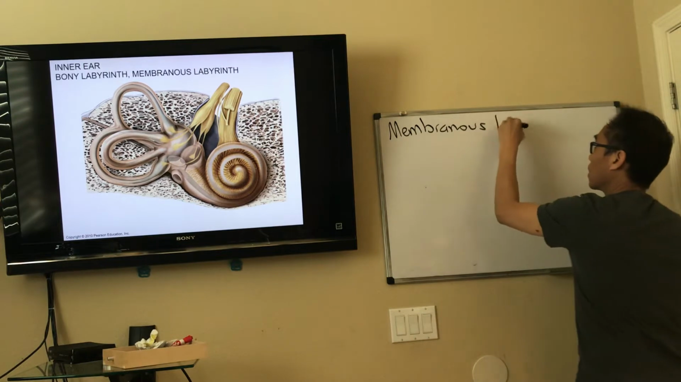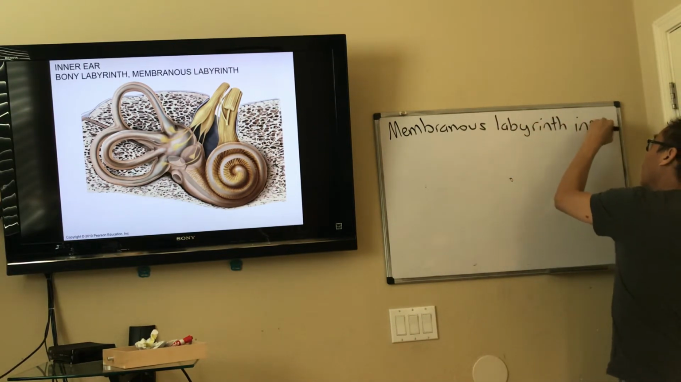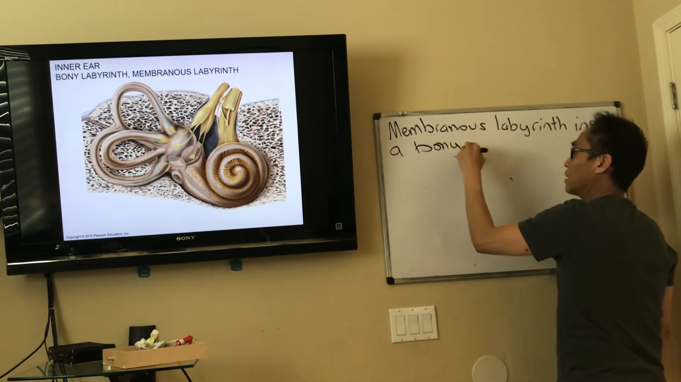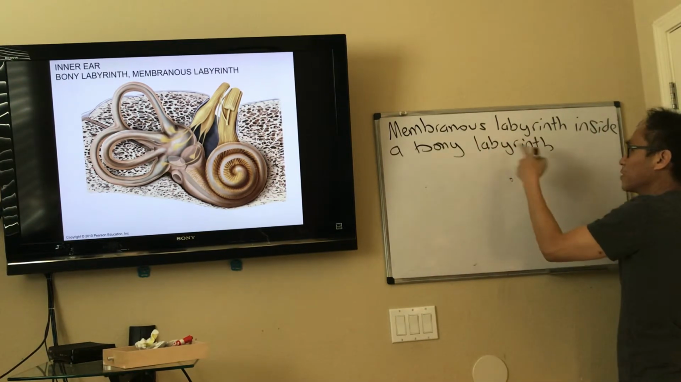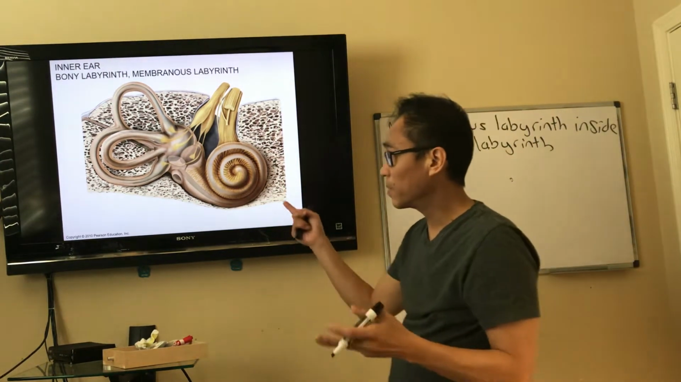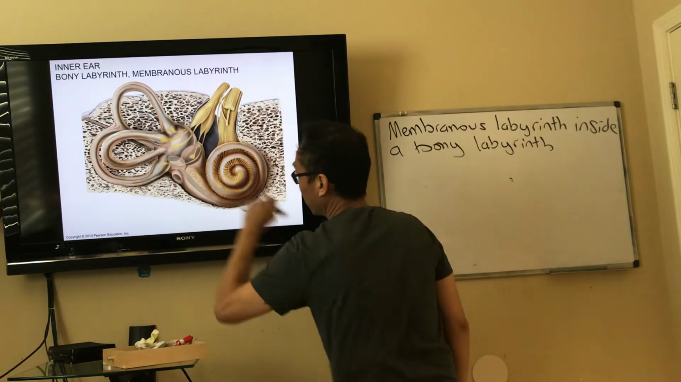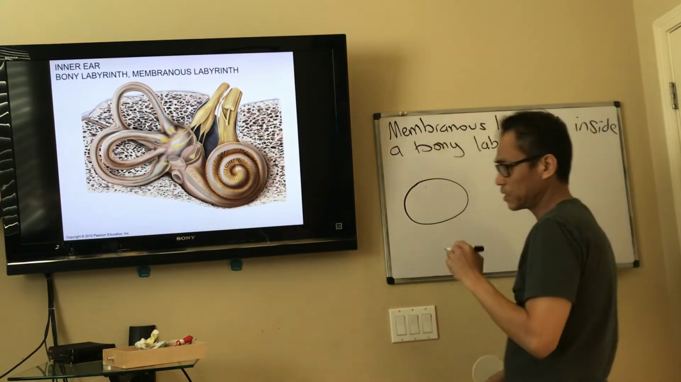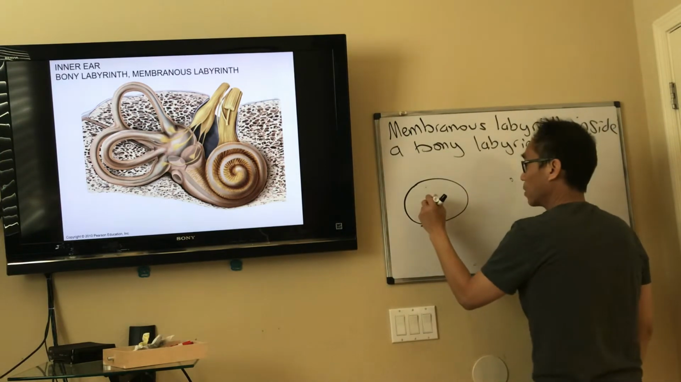Membranous labyrinth inside a bony labyrinth. Labyrinth is a complex network and it's like a maze, which this is. But if we took this, let's say we just cut at any point. If we just cut and look at the cut circle, we would see inside a membranous labyrinth in blue,